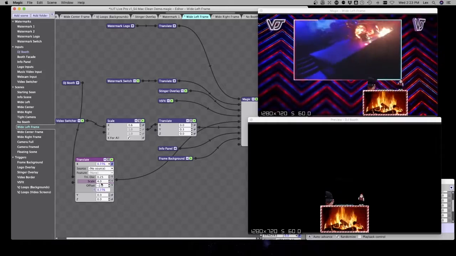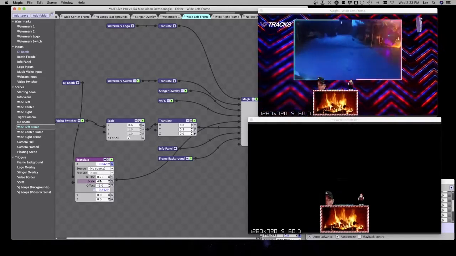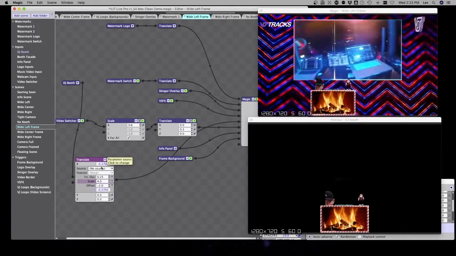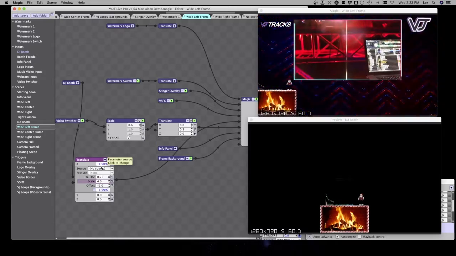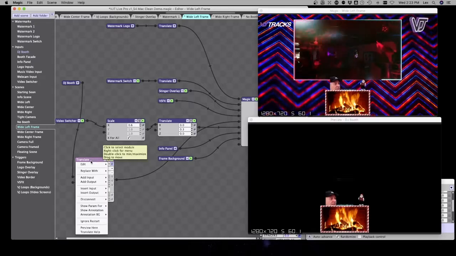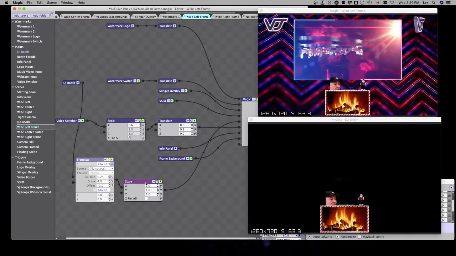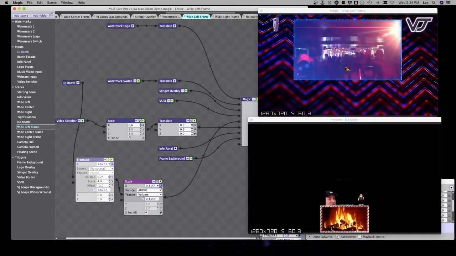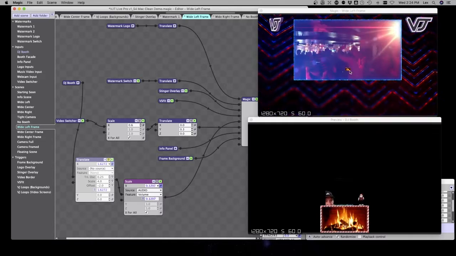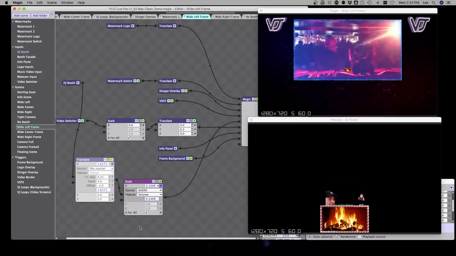Using these mathematical functions, you can kind of make these cool animated values, and that works for anything, whether it's translate or whether it's scale. For example, if we turn this off, I'm going to bypass this. I'm going to insert a scale on this, and then I'm going to make that scale sound active. So you can see, again, not very useful, but you can see, oh, I'm now bouncing on the